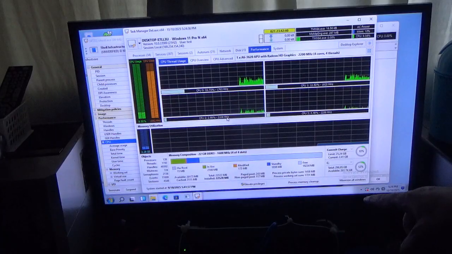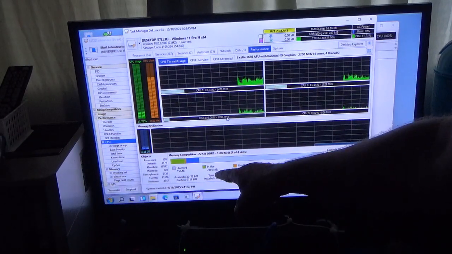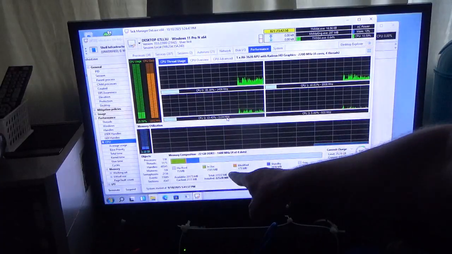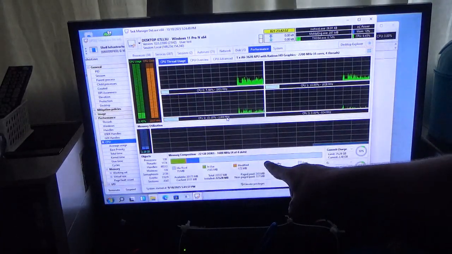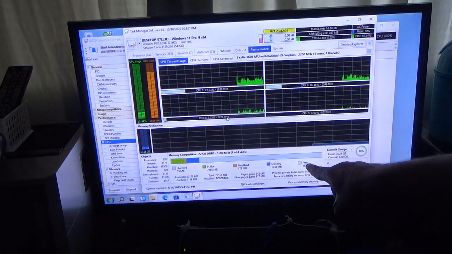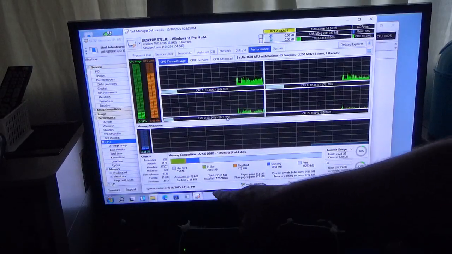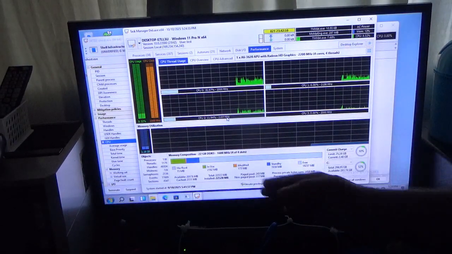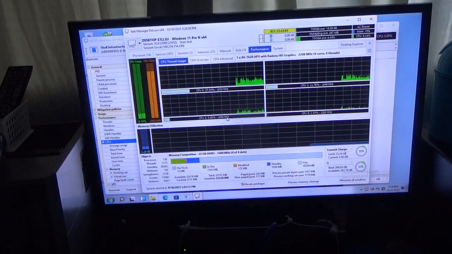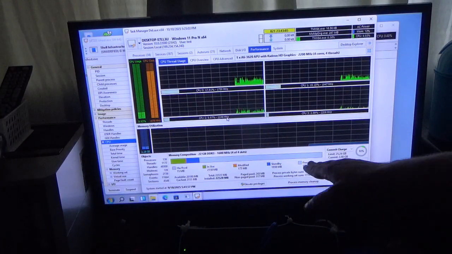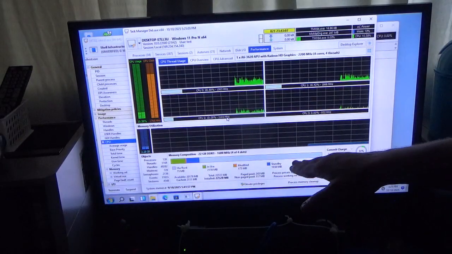So if you look down here, the green is in use, so that's how much I'm using. This is modified, standby, and free. All this light blue stuff is free space, all the available memory I could use.